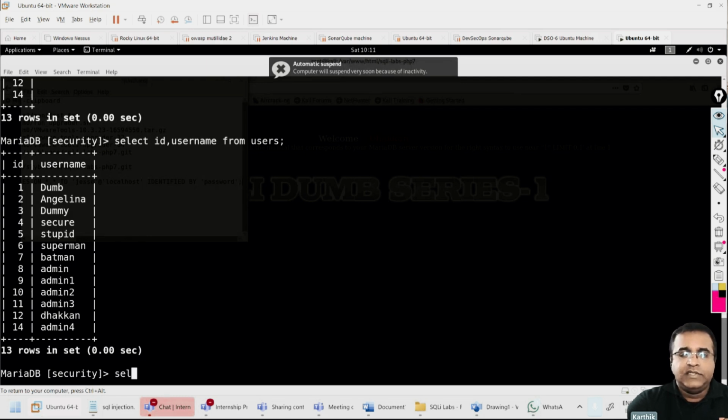I can select and display all the fields from the table users, but I want to put a clause, a condition, where username is admin. Since this is text, make sure to put it in quotes, semicolon.